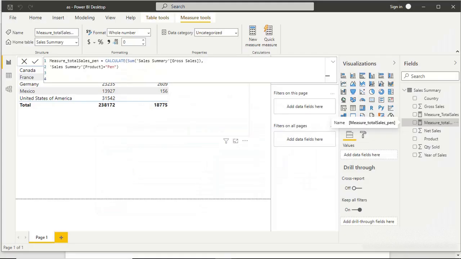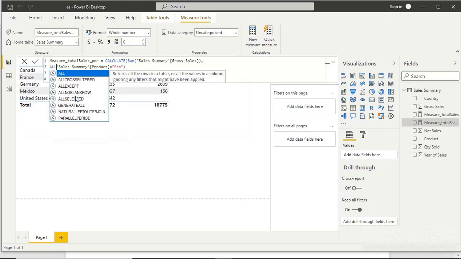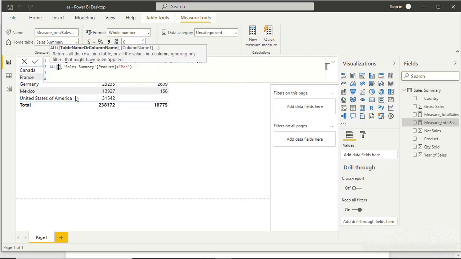So as you can see, we already have a measure, and in this measure we have a condition that the product is equal to pen. So we filter the data for the pen only. Now suppose you want to remove all the filter context from this table, sales summary, then how to do it? Then you can use ALL as the first filter, then the table name, say sales summary.